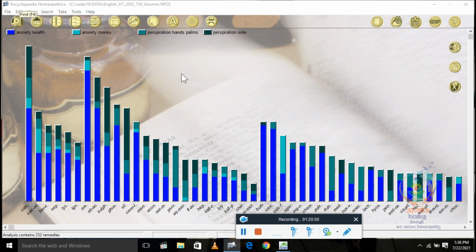So no doubt, new Radar, new Zomeo, Mac Repertory and Reference Work are the best software available in the market, but a few features in old Radar are a treasure to me, a treasure to every homeopath, I can say, and you can make use of it.